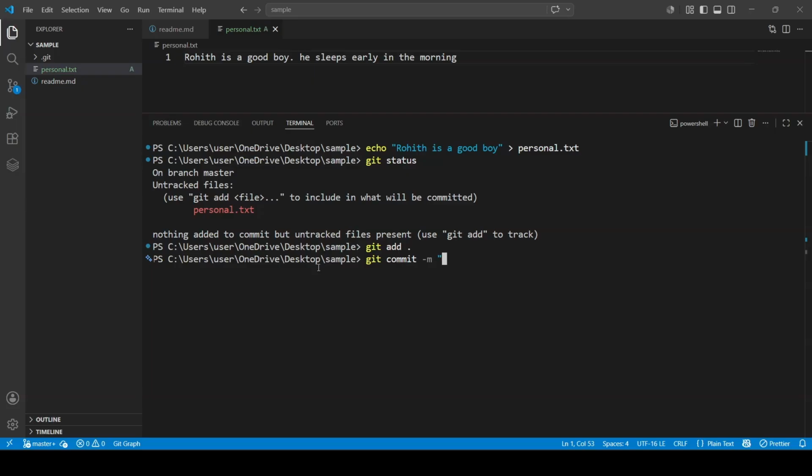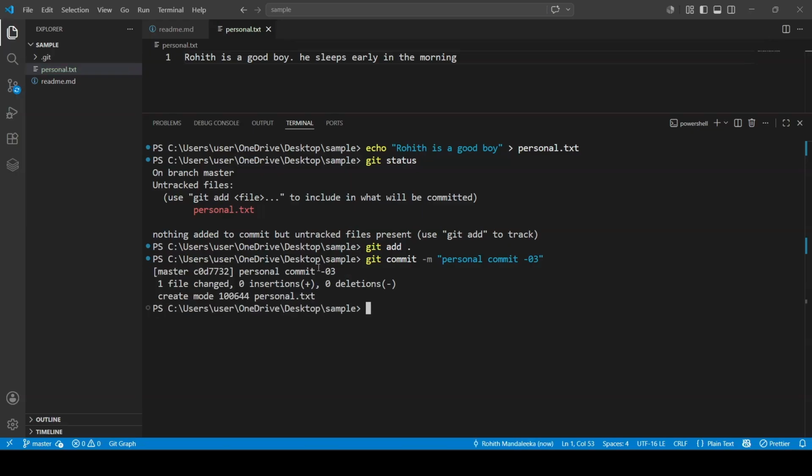What I need to write is, this is a personal commit dash 3, something like that. It should be readable. Why? Because other colleagues will also watch your commits, what you are committing and all. Because commits only will help you